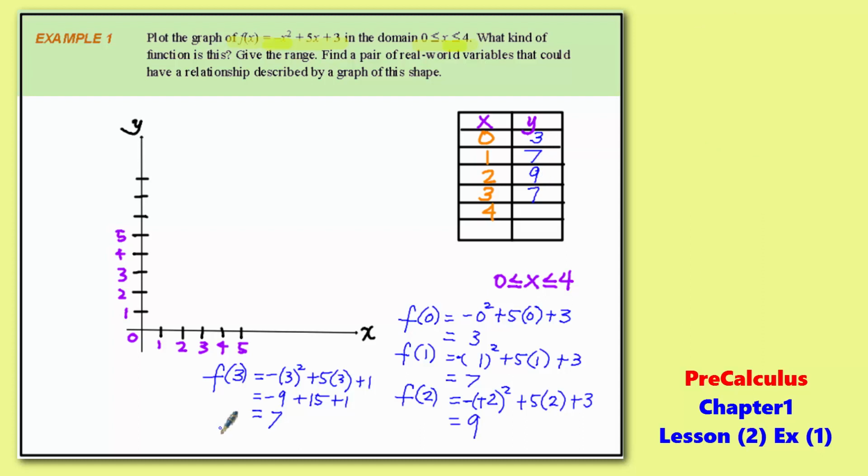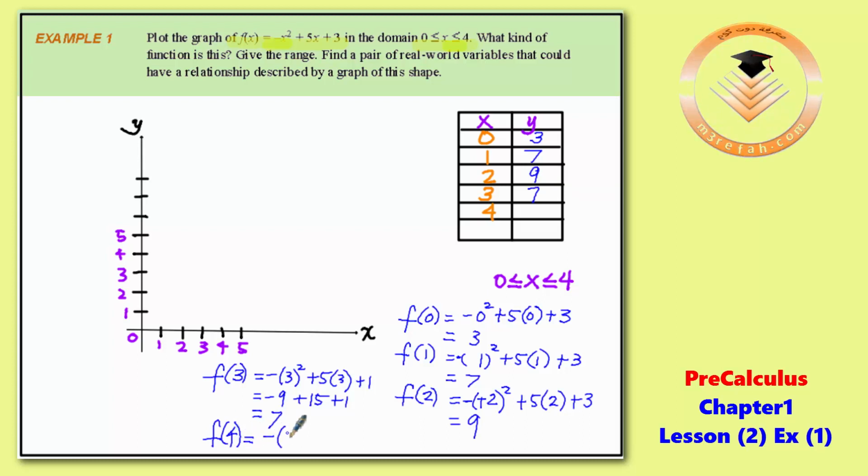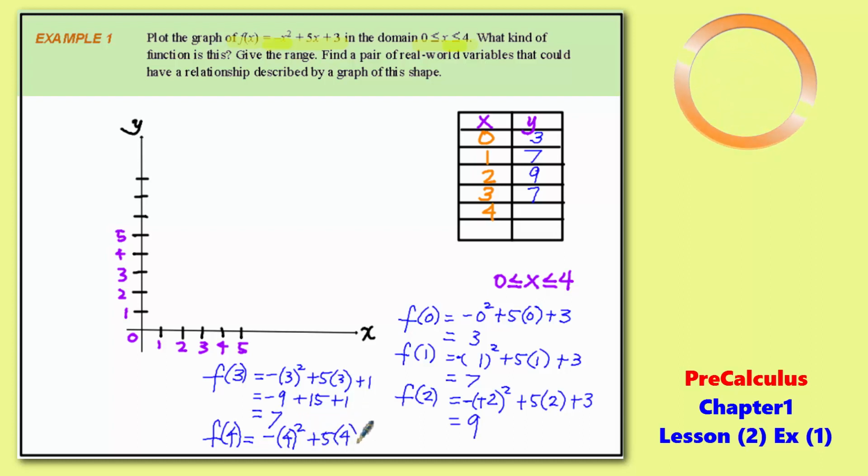Now if our x is equal to 4, that would be negative 4 squared plus 5 times 4 plus 1, so that's negative 16 plus 20, so that's 4, plus 1 equal to 5. Okay, now let us plot